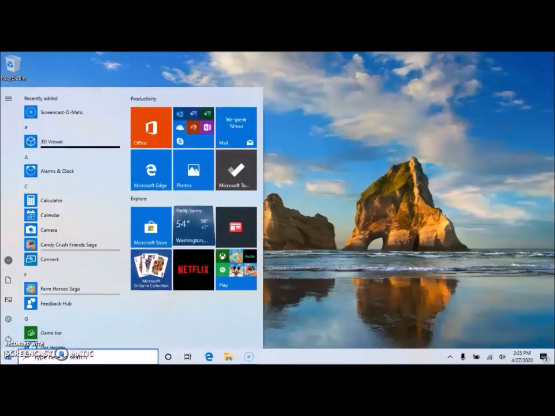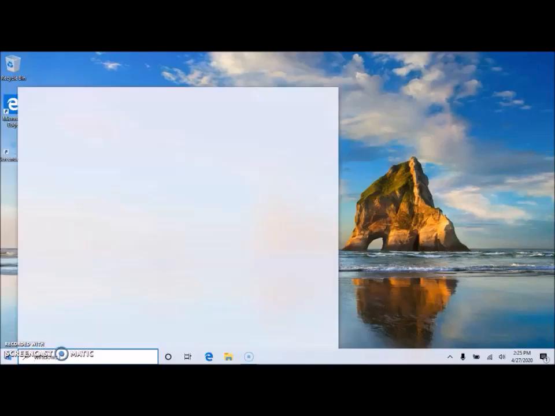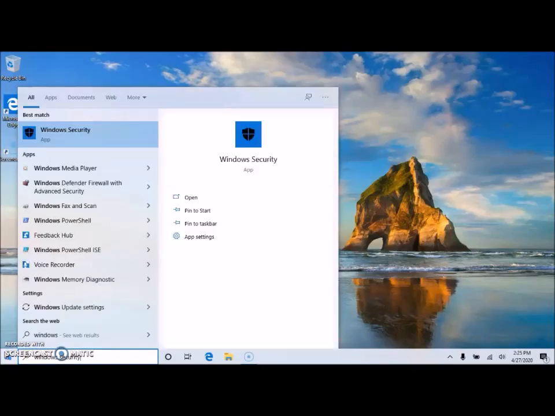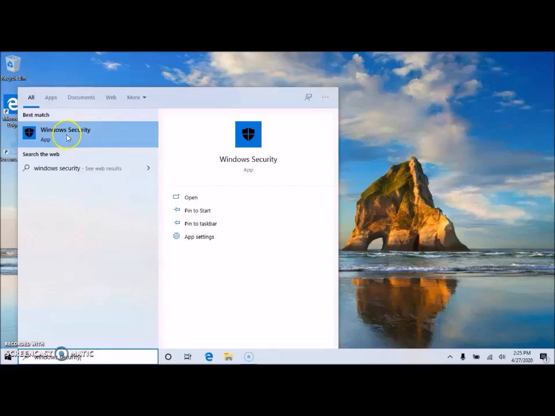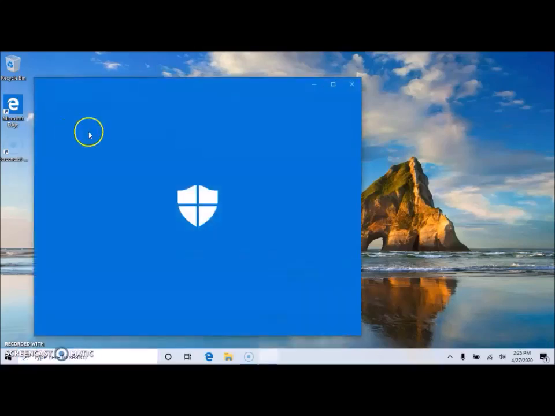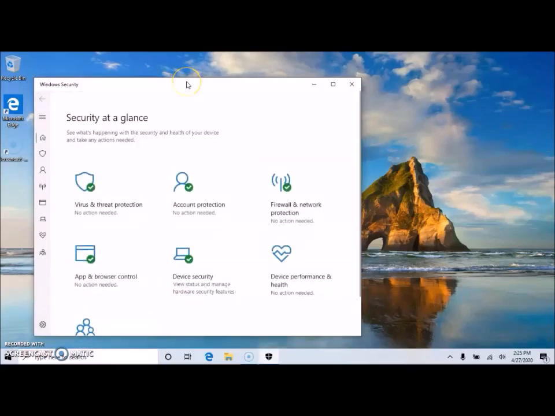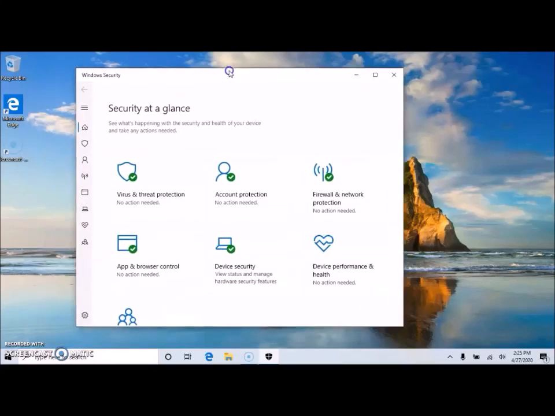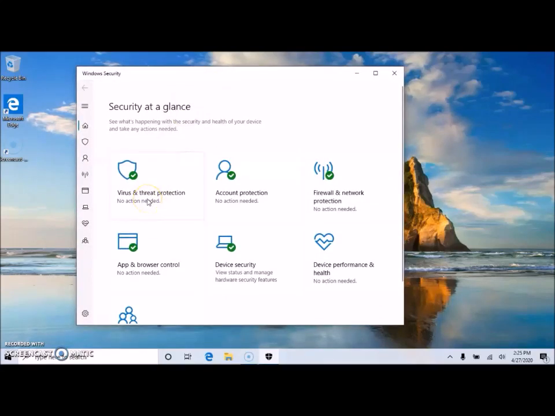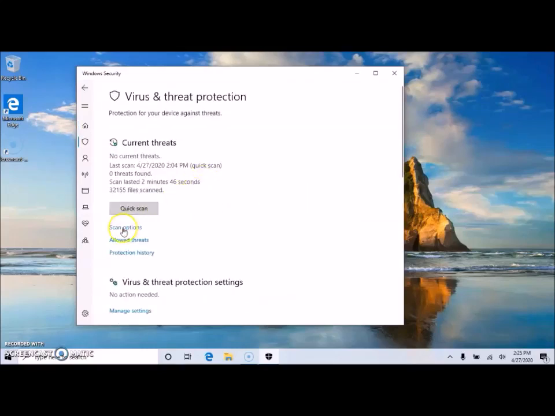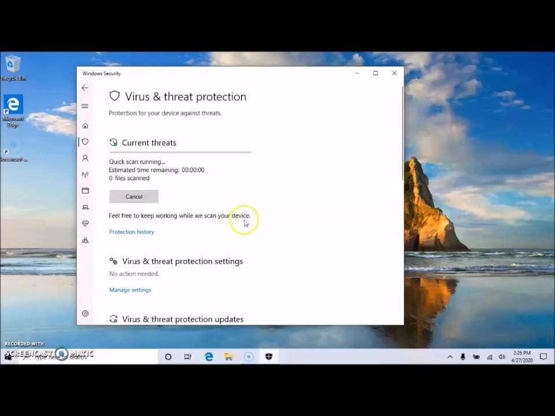We're going to click on the Windows Start button, and we're going to type in Windows Security. Click on the Windows Security app. This will pull up the Windows Security. If we go to Viruses and Threat Protection, we can have different scan options. Its default, I think, is set to Quick Scan. And we'll just click on the Quick Scan, and it will